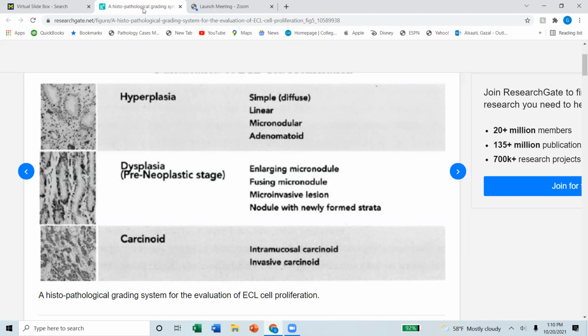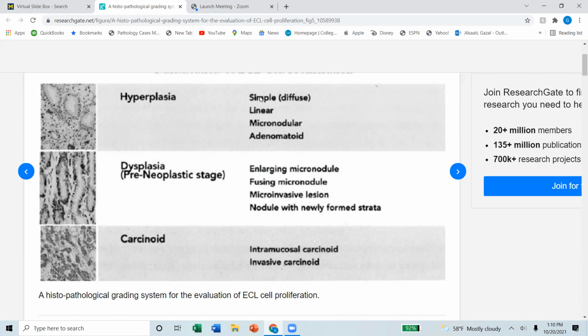The patient with AMAG can live years and years with it, and it won't kill him. And it may or may not progress into a preneoplastic stage. So what defines this? At first, we're going to look at the simple diffuse type, linear and micronodular types, which are basically the most common